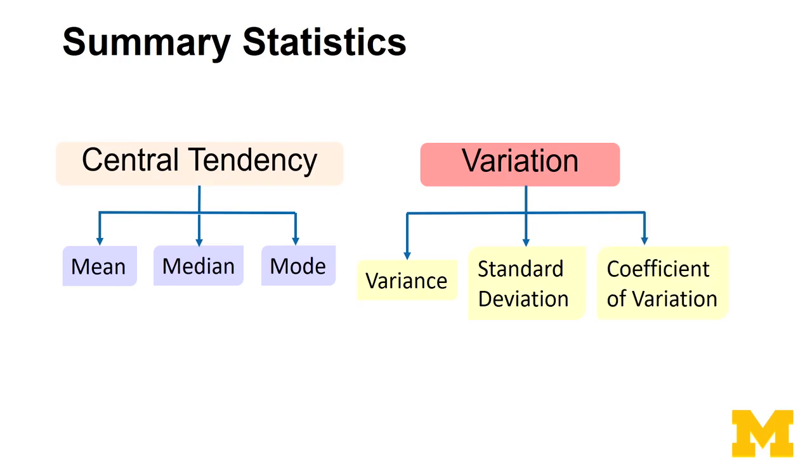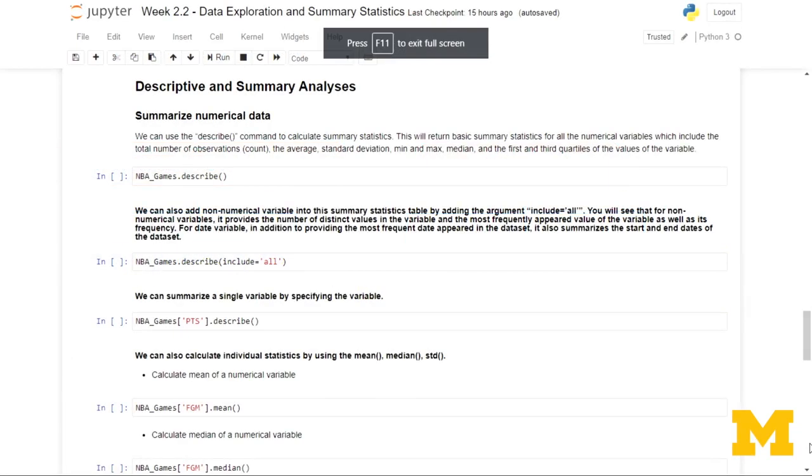Occasionally, we will use the coefficient of variation to measure variation as well. Coefficient of variation is defined as the standard deviation divided by the mean. It is always between 0 and 1, and therefore it is useful when we are comparing the variations of variables of different measurement scale. In Jupyter Notebook, we can use the describe function to calculate the summary statistics of all